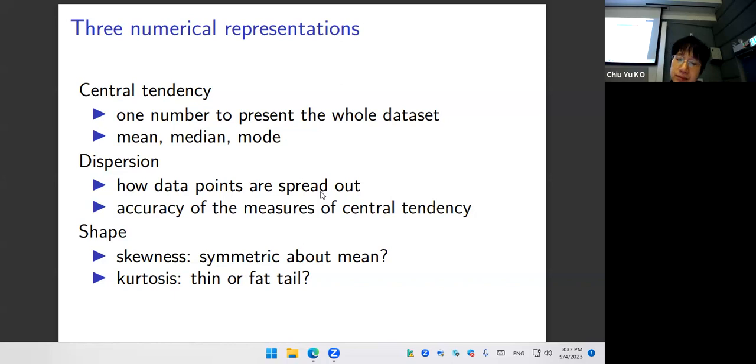And sometimes you need to care about those. Okay, and don't worry, if you use modern software, these things are generated automatically. So it's not something you have to worry about computing. They come out, and you just need to know how to interpret them. Okay, is that okay? That's what we are covering for this class. Okay.